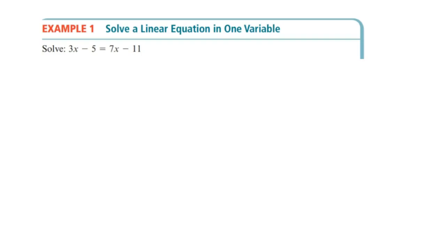All right, so before we get into this example, you'll notice that this is in the textbook and it's worked out there, but I'm going to explain things in detail, and you may get more from this video than from just a printed out solution. So first off, you'll notice that there are some properties on the previous page from where you see example 1, which is on page 76, at the beginning of section 1.1. There are a couple of properties called the addition and subtraction property of equality and the multiplication and division property